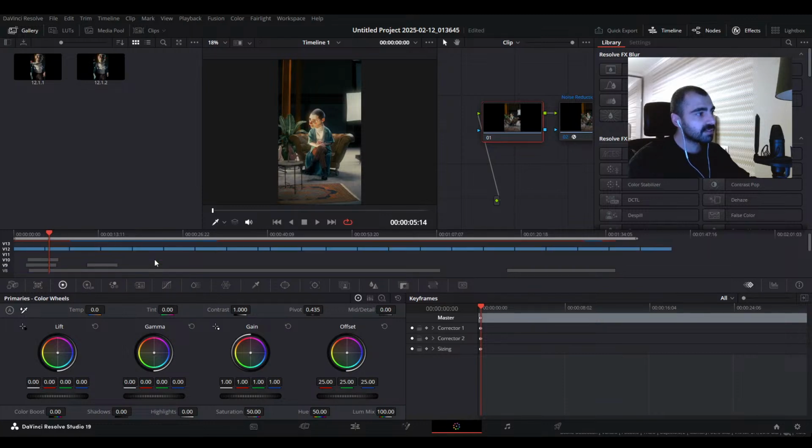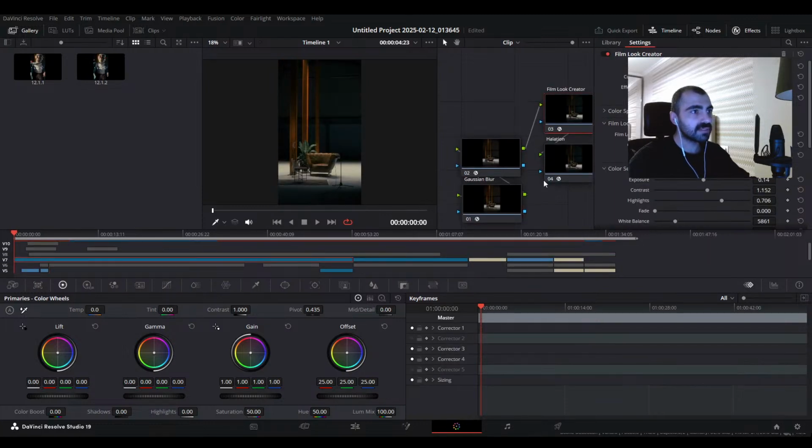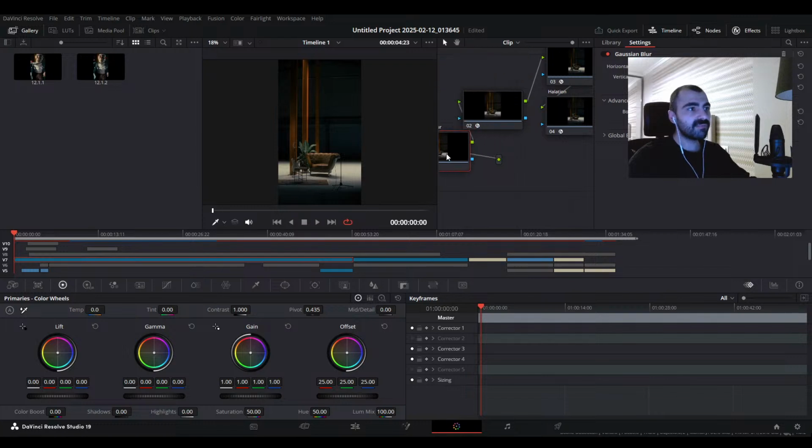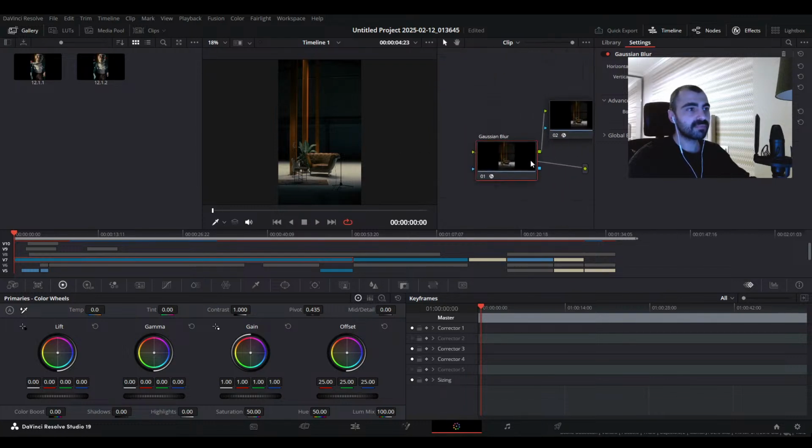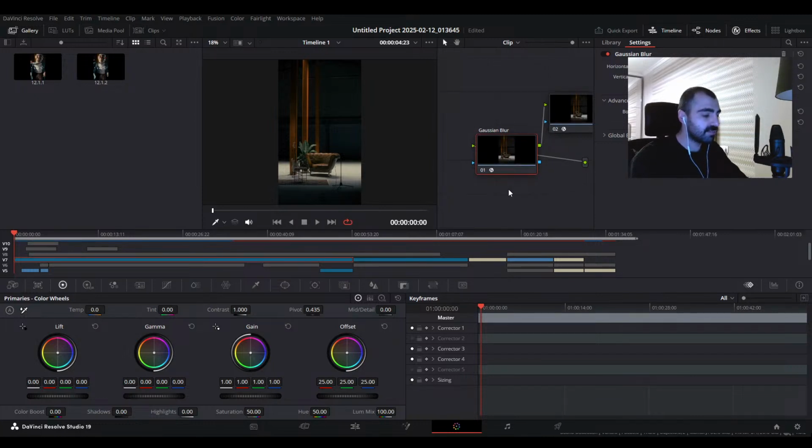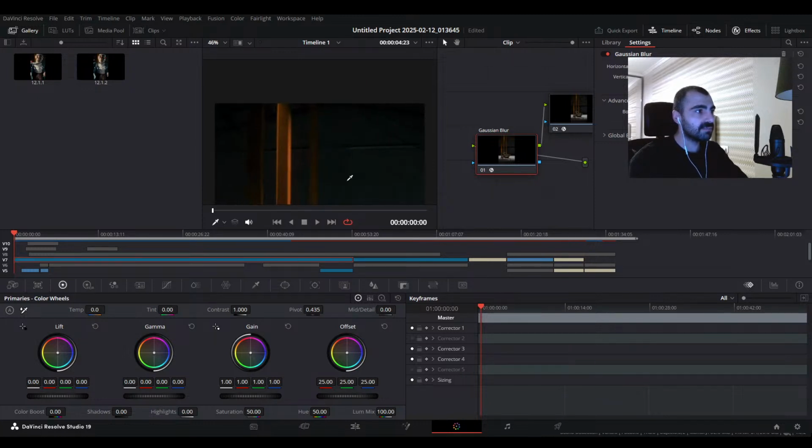I think this is an example of noise reduction, but I use a little bit of blur, and of course it comes below the grain. I don't want to blur the grain. I want to blur the image. So just a little bit, and I'll show you by how much